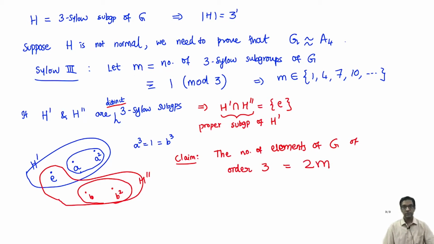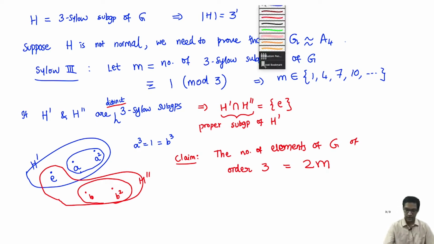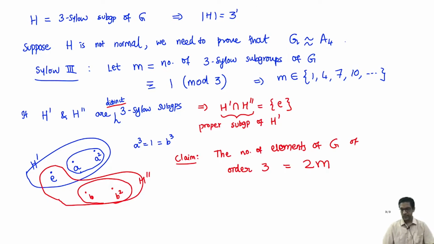Okay, I claim that this must be true. A moment's thought should convince you that this is in fact right. Why is this? On the one hand, we have just said that if I take a 3 Sylow subgroup, it contributes 2 elements of order 3, and these elements are all distinct. If I take two different 3 Sylow subgroups intersecting each other, I get 2 elements of order 3 from one, and 2 other elements of order 3 from the other subgroup. So it's clear that there are at least this many elements of order 3 in my group.